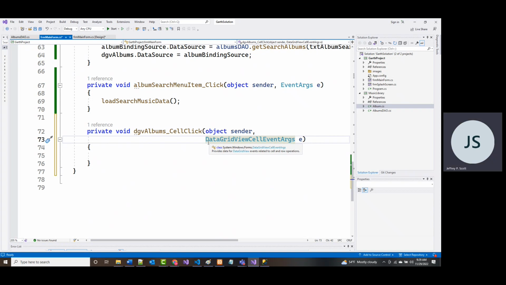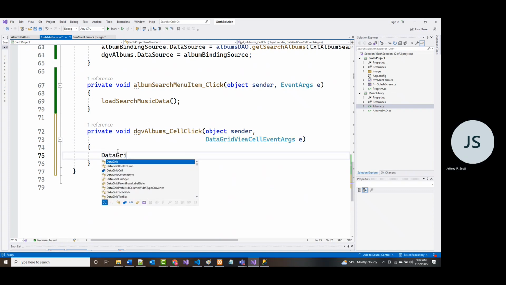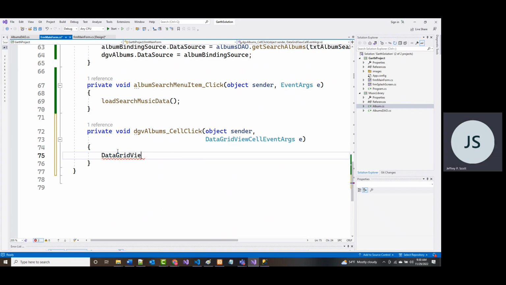All right. So I have to let the system know, for lack of better words here, all right, who my sender is. So I'm going to do this. I'm going to create a data grid view. And just to keep it simple, I'm going to call it DGV for data grid view. I'm creating this in code. You're never going to see this on the screen. I am creating something in code right here.